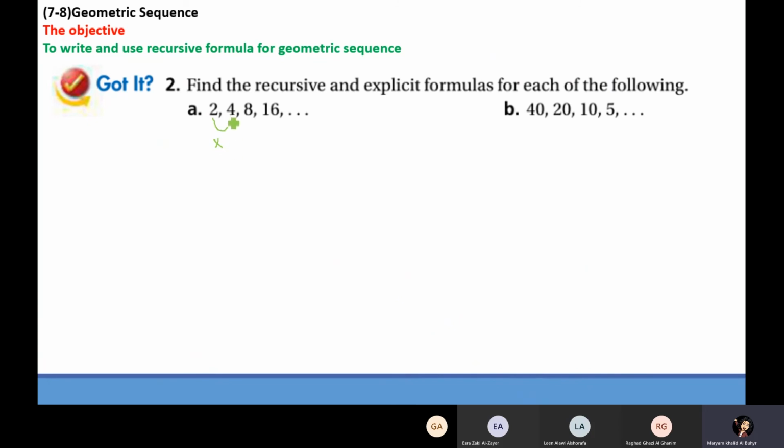For the common ratio here, you are going to multiply by 2. So multiply by 2, that's how you check. That's times 2, then times 2. So that's how you check. Now r is equal to 2. Then for the recursive formula, for the first one,